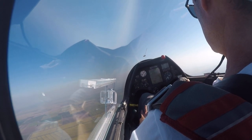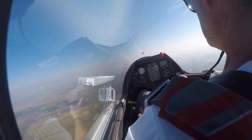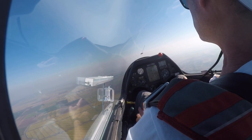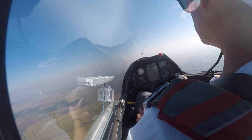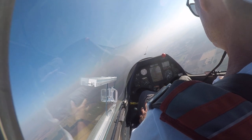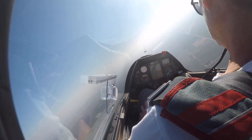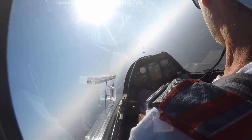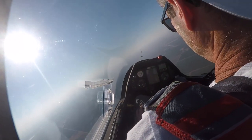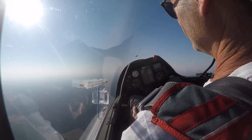We're a little excessive on the speed here. So kind of note where the instrument panel is in the horizon. When I go into the turn, when I get the bank angle that I'm desiring, so about here, then I'll neutralize, but at the same time I will apply back stick pressure. Okay, because when we're in the turn, we're not lifting straight up anymore. So what's happening with your turns is that you're just going in the